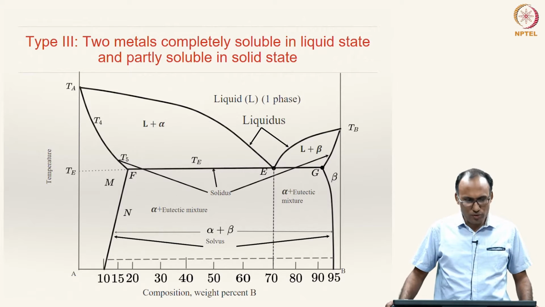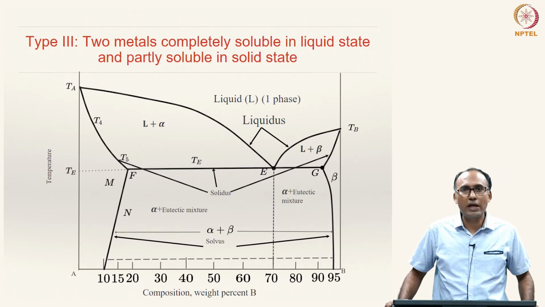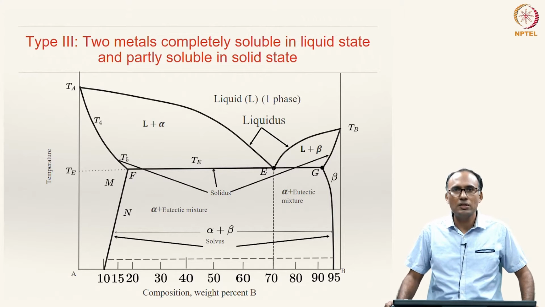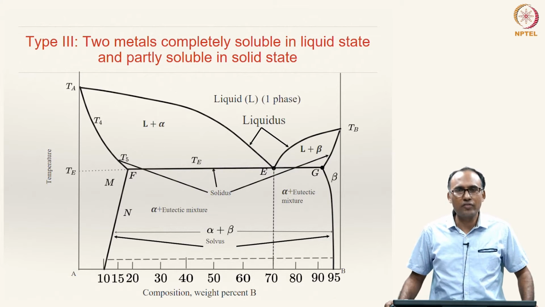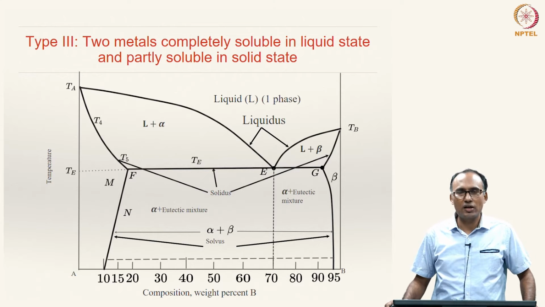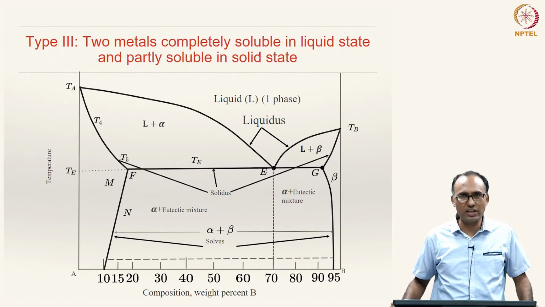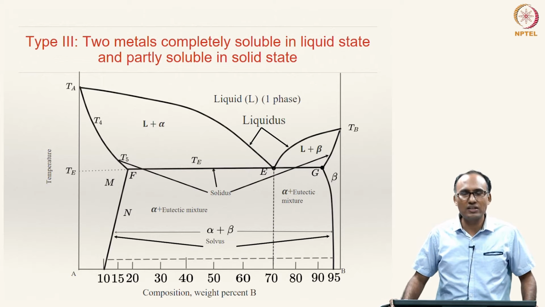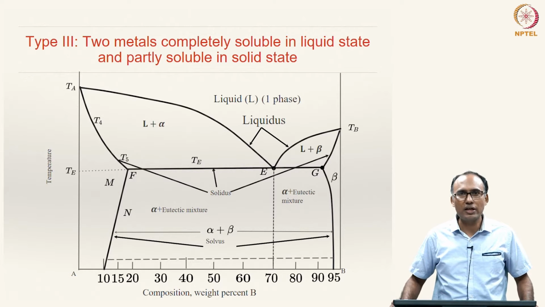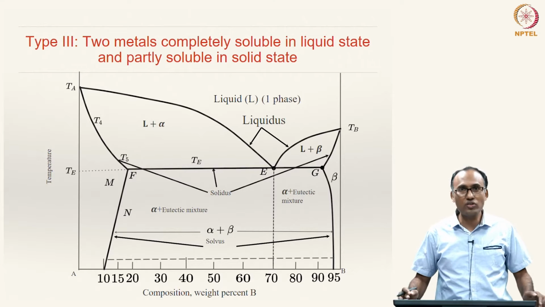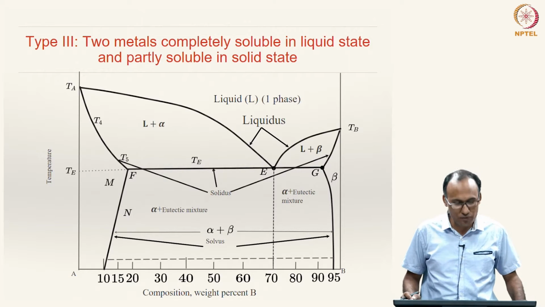So, welcome back. In the last class we looked at type 2 alloys, and we also introduced the special reaction called the eutectic reaction, which happens when a liquid of a certain composition reaches the eutectic temperature. Then the liquid transforms into two new solids, and such a reaction is called a eutectic reaction. And then we also discussed why a eutectic reaction cannot be considered a congruent solidification; it is incongruent in nature.